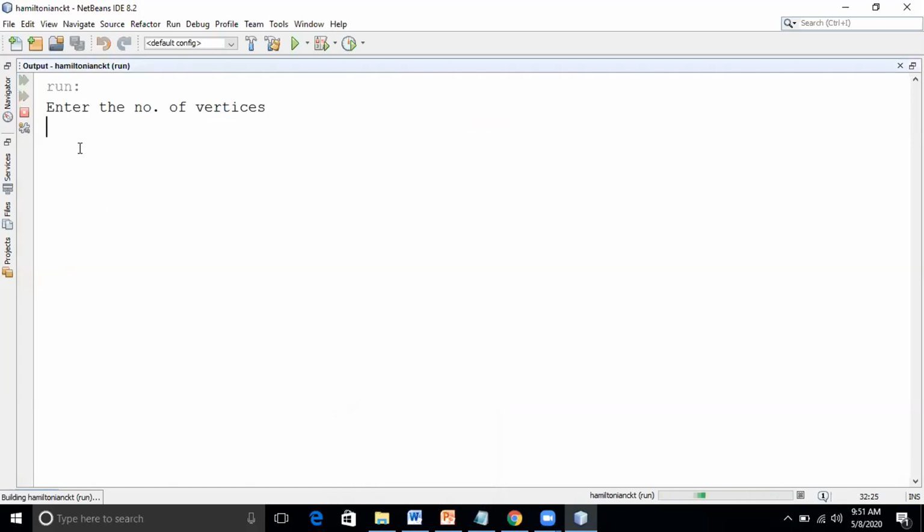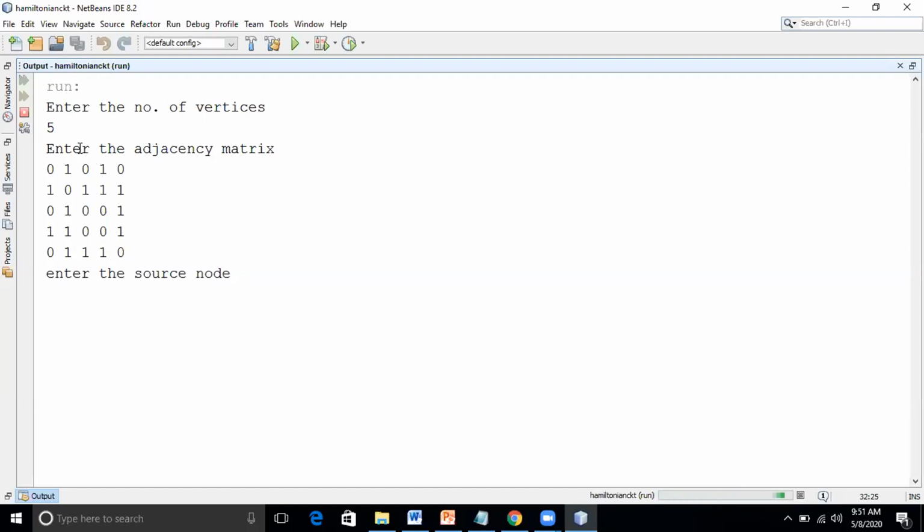So how many vertices are there? 5 vertices are there. Please enter that adjacency matrix: 0, 1, 1, 1, 0, 1, 0, 0, 1, 0, then 1, 0, 1, 0, 1, 1, 1, 1, 1, 1, 0, 1, 0, 1, 0, 0, 1, 0, 0, 1, 1, 1, 1, 1, 0, 0, 1, 0, 0, 1, 0, 0, 1, 1, 1, 0, 1, 1, 1, 0.